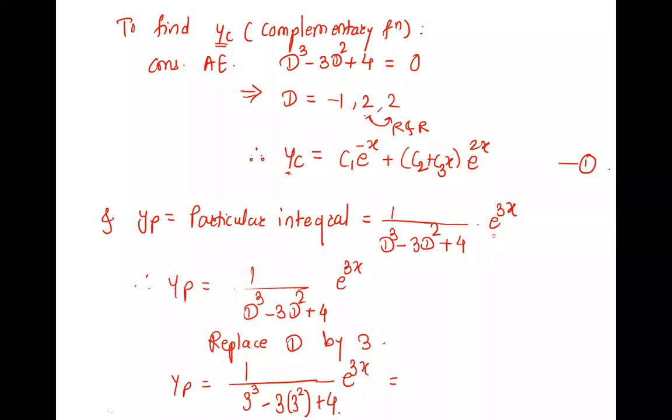Can you just check the numbers here? This is 3 cube and this is also 3 cube. These two get cancelled. What remains? 4. So it is e raised to 3x by 4. This 4 is non-zero, right? If it is non-zero, done. But if it is 0, then we have to think. Now it is not 0. We get a number. There is no d left in the denominator.